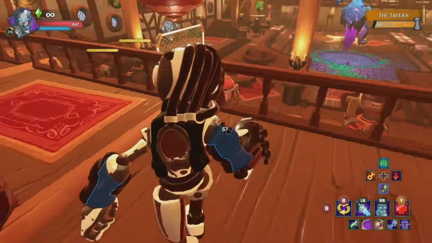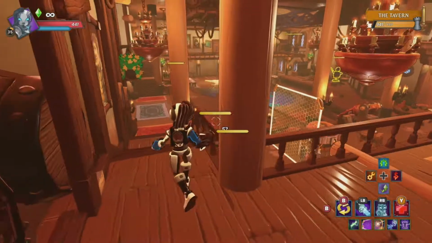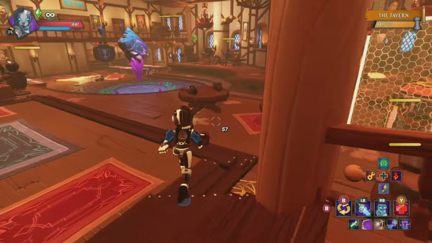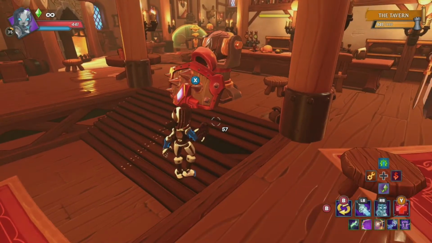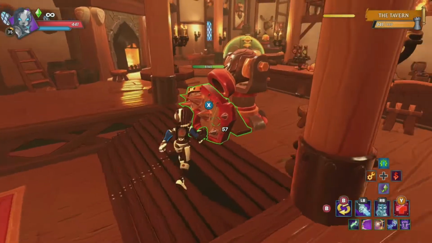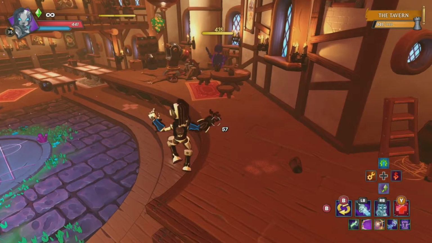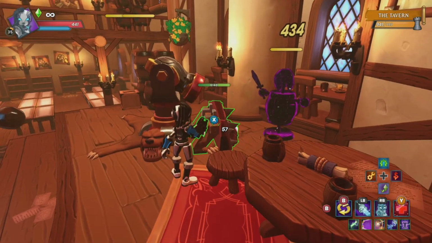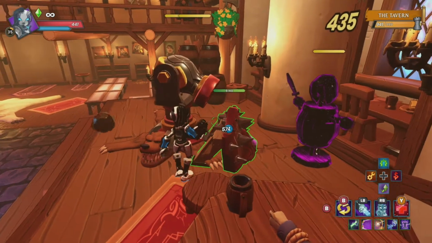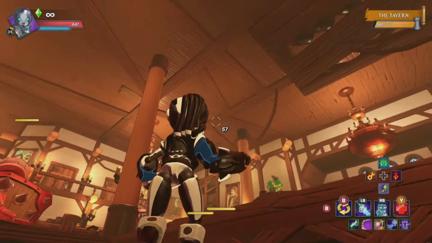Going into our third tip. This one also seems obvious for a lot of veteran players, but here is one of the most powerful setups on a staircase. And I know that it looks like it's just going to shoot the back of that shield, but I promise you it does fire through the shield. Like so. It will do this for a spike barricade, but if you were to say, switch over to your